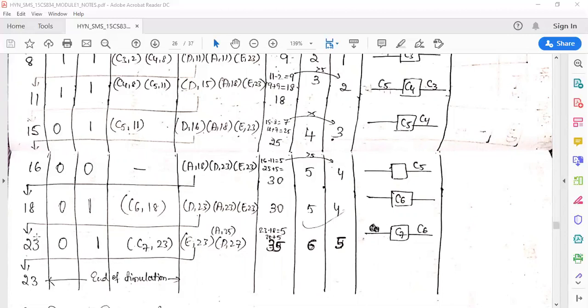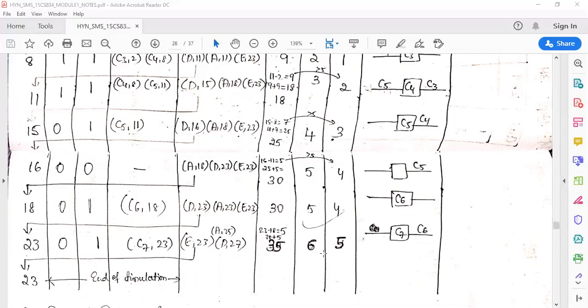All of them you can do it together, right? So at 23, what is happening? At 23, there is a departure and arrival also, right? So that is why we have done first that departure and arrival. Since it is a departure, right? So one more customer will get added, right?